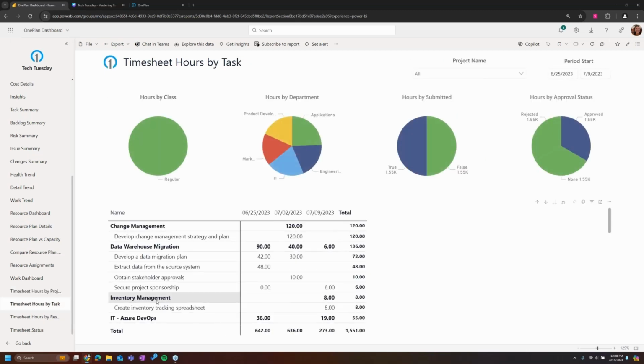Next, we have timesheet hours by task. So this is very similar to that last report we just looked at, except it breaks it down even further on a task level. So now you can see timesheet hours by class. You can see we only have regular timesheet hours, but